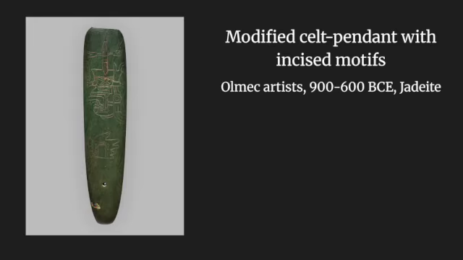Our first example is the modified Celt pendant with incised motifs from unknown Olmec artists dating from 900 to 600 BCE, made out of jadeite. This Celt was most likely used for rituals that involved impersonating the deity. The use of jadeite is very intentional, as this brilliant green stone was generally associated with maize, given its resemblance